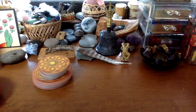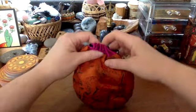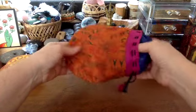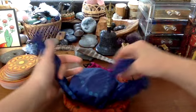Yeah, I love the roundness. I just love the roundness and the round shape. It's so beautiful. So not long after getting the Motherpeace, I also saw